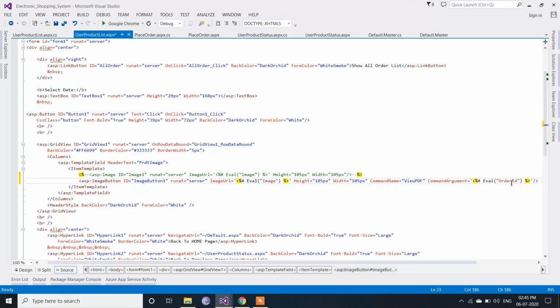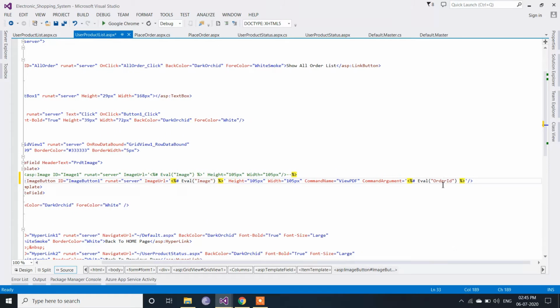The reason behind taking the order ID column in the command argument is that when we click on the button, it should know which order is being clicked, so that we get the invoice of that particular order only.